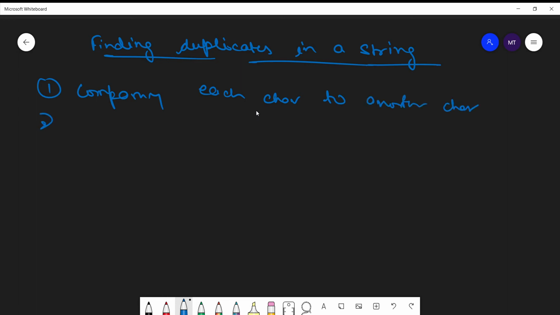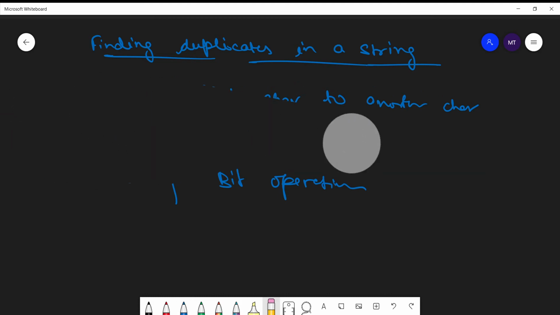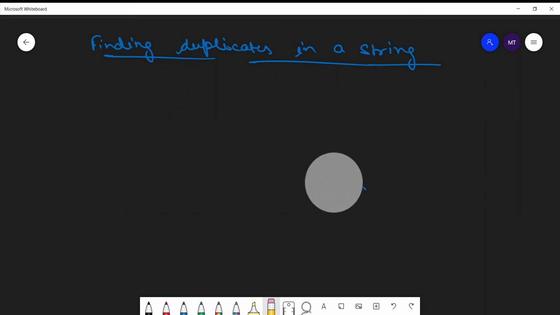The second approach will be using hash tables, and the third approach will be using bit operations. So let's proceed to the very first approach, which is comparing each character of the string with each other character